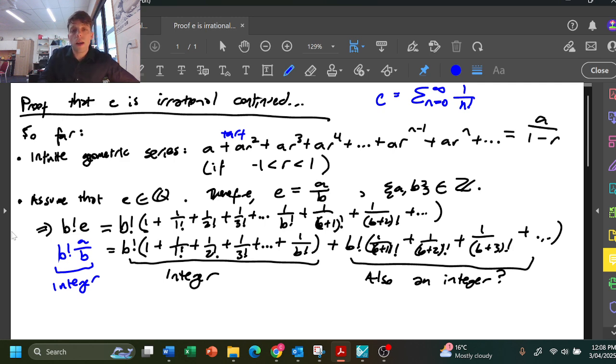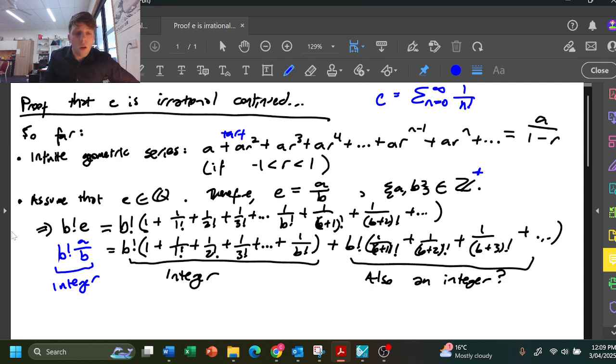And we showed last time that this first part of the summation must be an integer, because each of these denominators is going to cancel out with a part of that factorial. For example, b factorial over b factorial could be like 7 factorial over 7 factorial. If b was 7, then we would get 7 factorial over 7 factorial. Well, that's actually just going to be equal to 1, because everything up the top will cancel out with everything down the bottom. So what we have here is a bunch of whole numbers, bunch of positive integers that are being added to one another. So therefore, that whole result must be a positive integer,